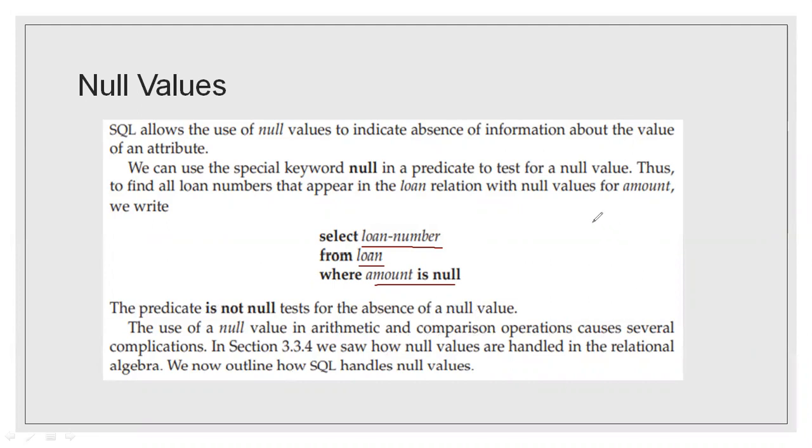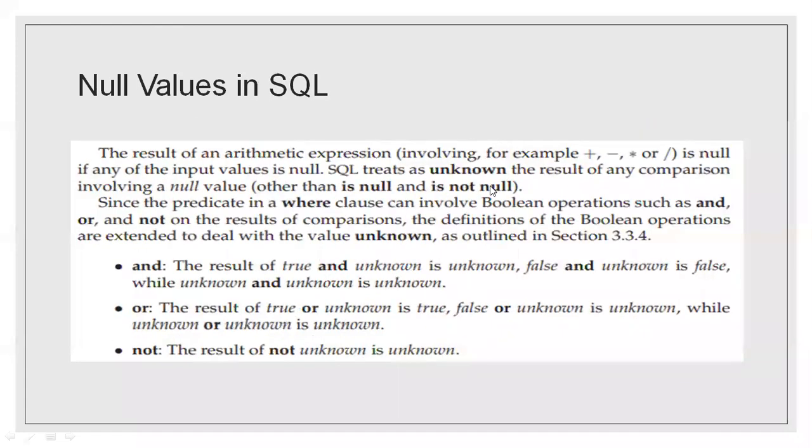The reason behind that is if we are going to do addition, a null value cannot be added. For average, a null value cannot be taken. A null value cannot be taken as a count. So a number of problems are generated because of null. But these null values must be handled carefully. Now, what are the different possibilities if we encounter null? The result of an arithmetic expression involving plus, minus, multiply, divide is null if any of the input values is null. Keep in mind, the result of plus, minus, divide, multiply will be null if any of the input is null.